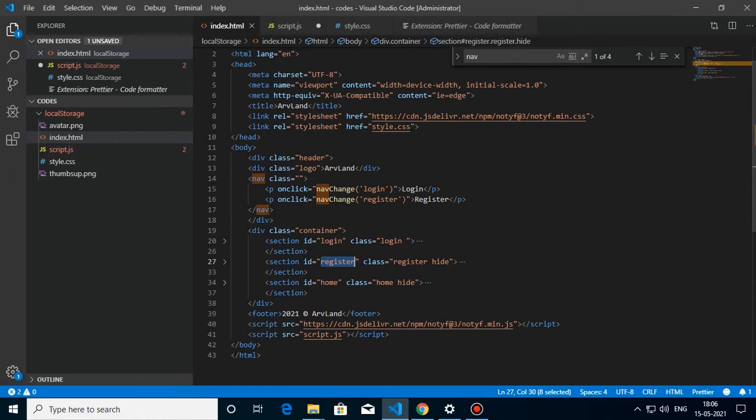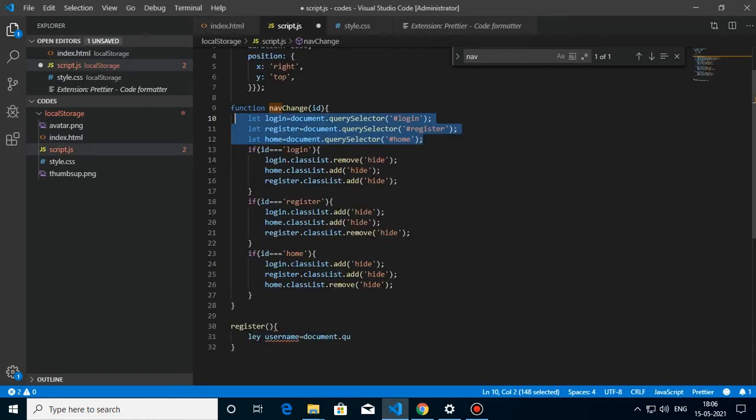Now what I do is I will check this ID for login, register and home. So if it is login, I think you can guess it, right? All we have to do is remove the hide class from login and add hide to register and home sections. For that in JavaScript we have these functions classList.remove and classList.add.